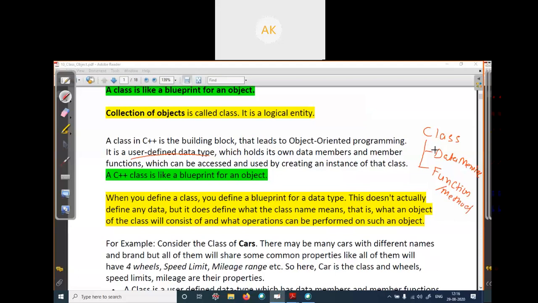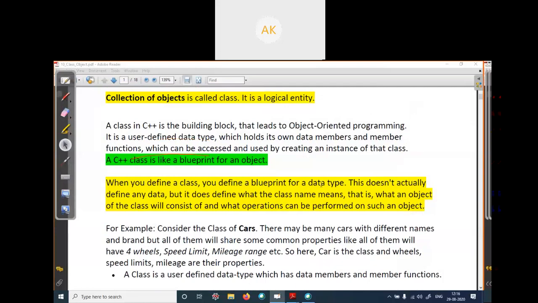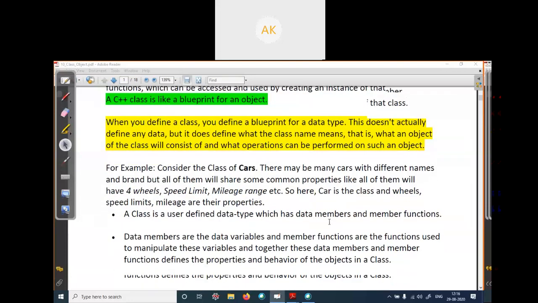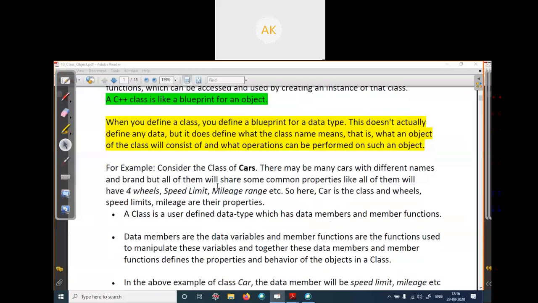In a class there are two things: first is data, second is the function or method which uses this data. And this data can be accessed by this function only. So I will leave this whole PPT or document for you to study. I'm skipping all this theory part; I think you can read and easily understand it. Okay, so let's start with an example.